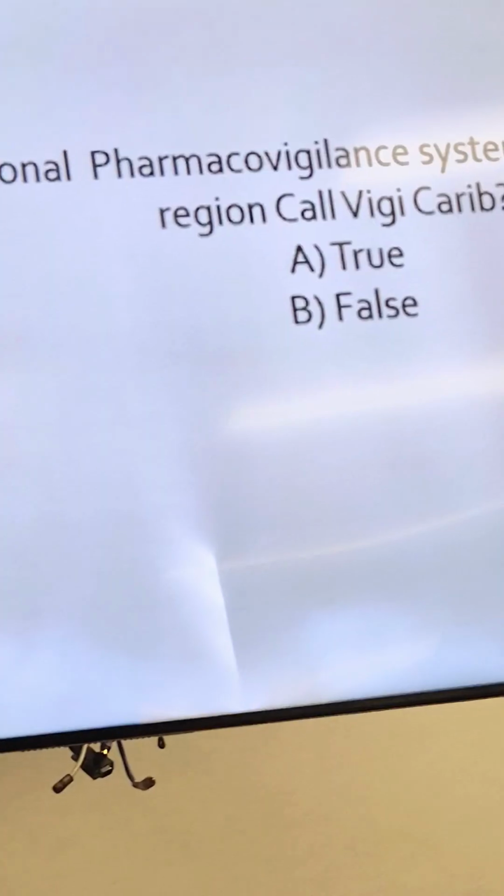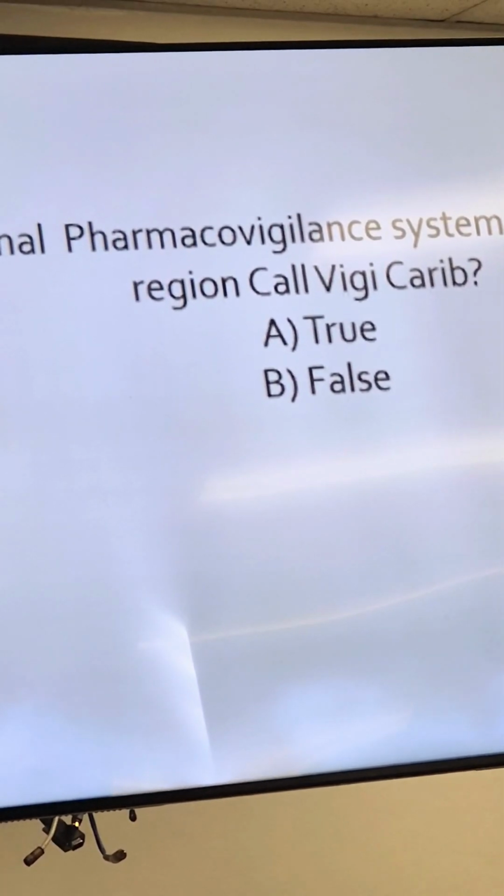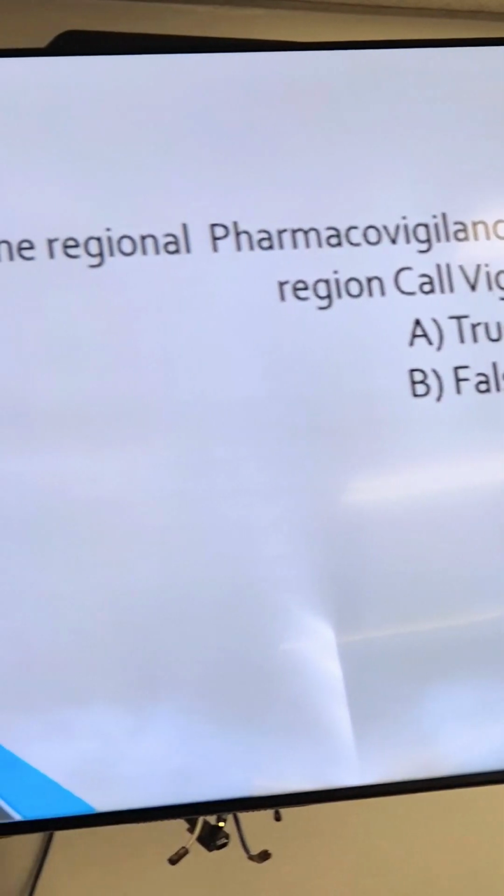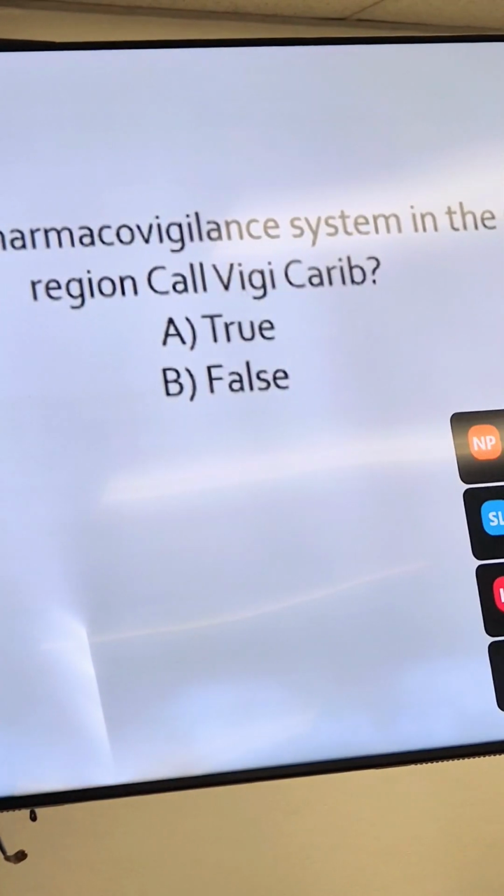So, question time again. Is the regional pharmacovigilance system in the Caribbean called VigiCarib? Y'all got the answer ahead of time. However, this was just to capture those who weren't listening, but I'll just reiterate to all of those online and present, VigiCarib is our regional reporting body or platform for adverse drug reporting, as well as substandard drugs and falsified drugs. So feel at ease that you can either go through the Ministry of Health or online to report any